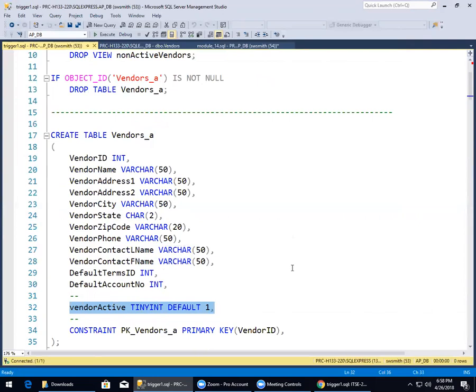Vendor active. And notice it's tiny int. What's tiny int? 1 byte, and its values range from 0 to 255. It's as small of a thing as I can get. Now, some databases tried, well, they tried in the past. SQL Server tried to have a Boolean data type, and they tried to pack 8 of them into a single byte. It was considered a disaster